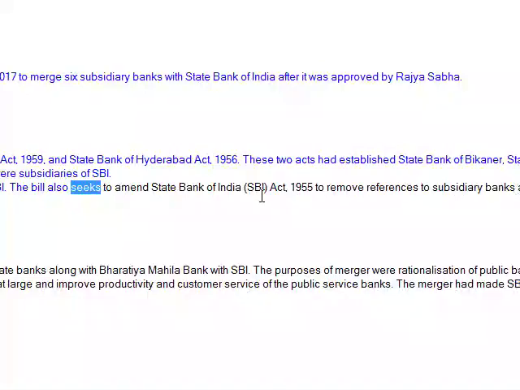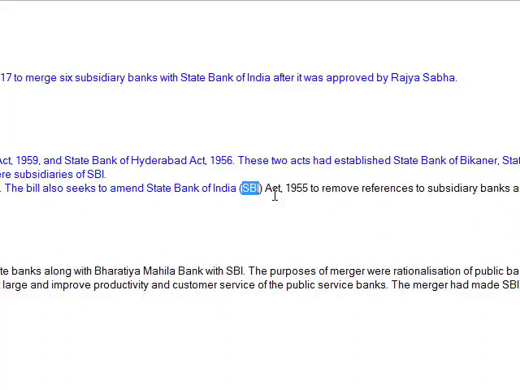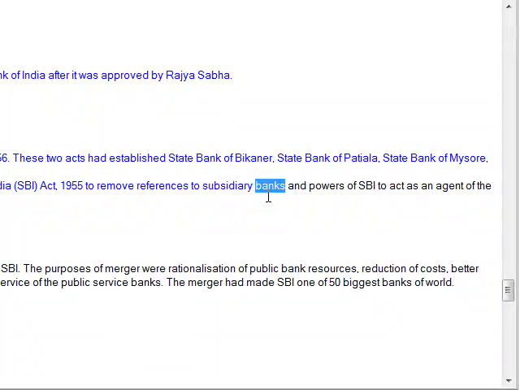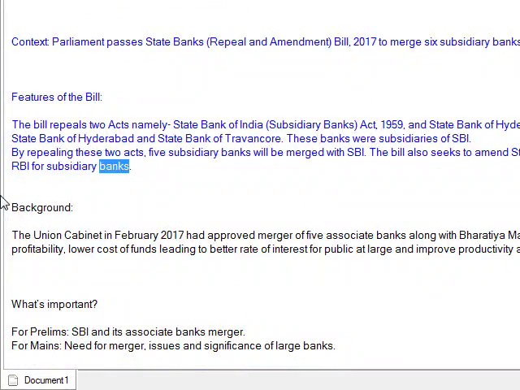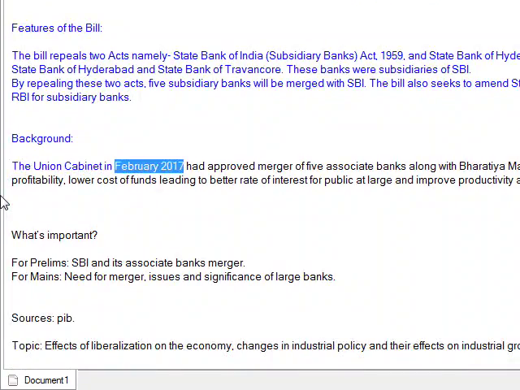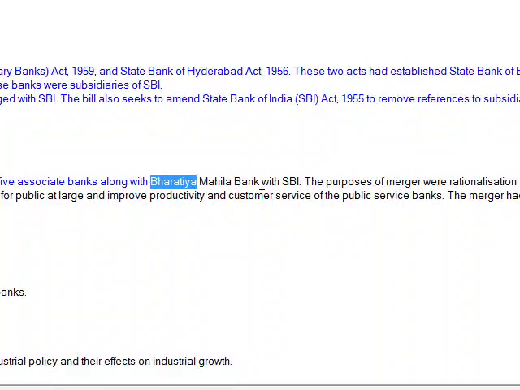The bill also seeks to amend State Bank of India SBI Act, 1955 to remove references to subsidiary banks and powers of SBI to act as an agent of the RBI for subsidiary banks. Background. The Union Cabinet in February 2017 had approved the merger of 5 associate banks along with Bharatiya Mahila Bank